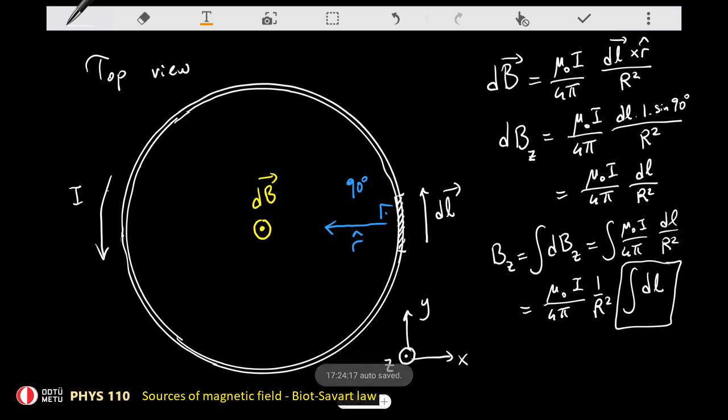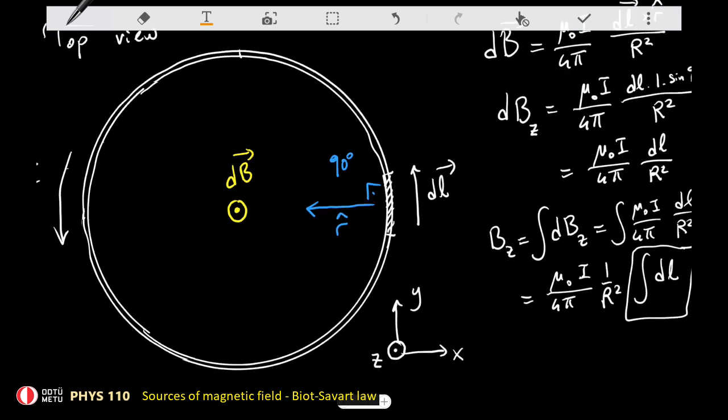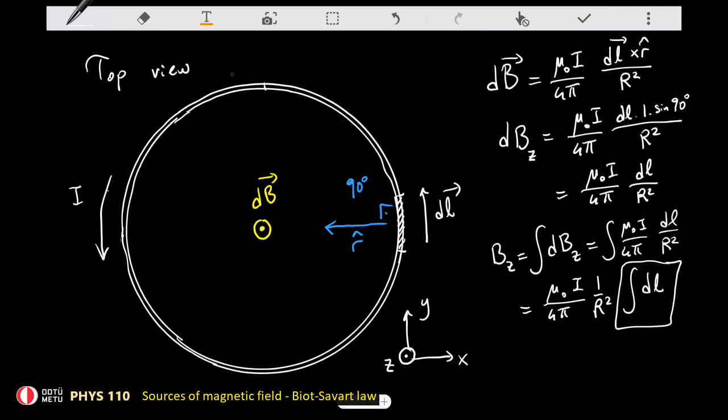This is actually a recipe that tells me to divide this ring into small pieces, right? Compute the length of each piece, length as a scalar, and then add them up, right? First divide, find the length, and add them up. This is basically the circumference,